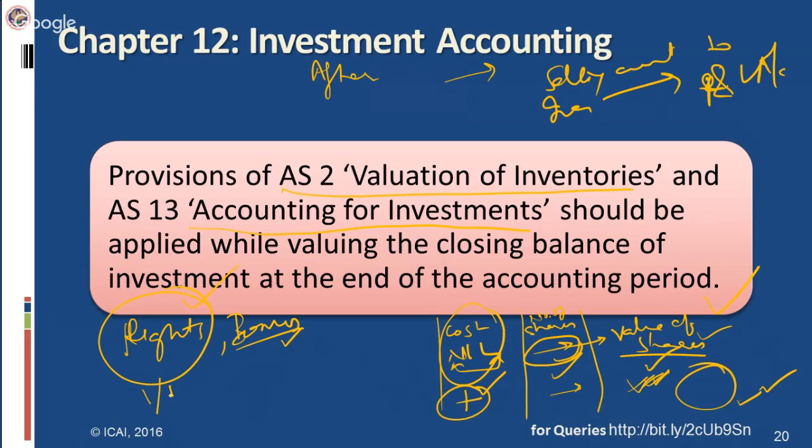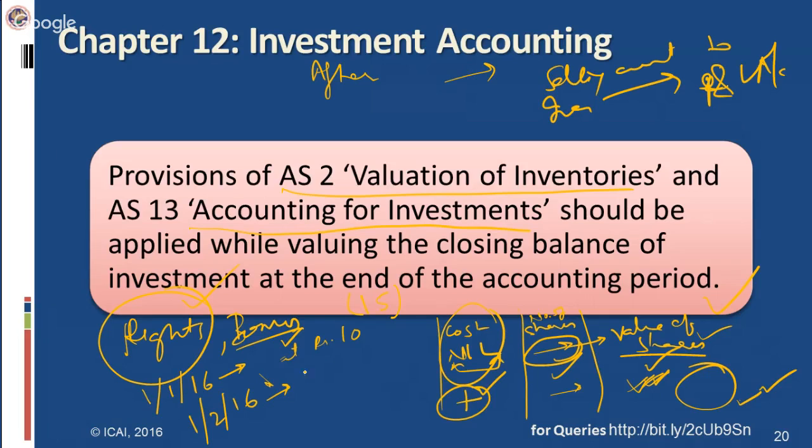Suppose on 1st January 16, a company announces right shares at the rate of ₹10. And the company's own shares were quoted at that time at ₹50. So now what will happen? I do not subscribe for any rights. I just go to the market and sell those rights. On 1/2/16,